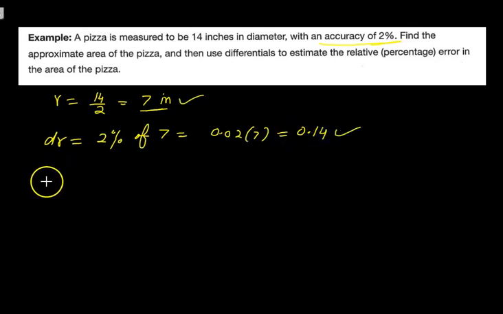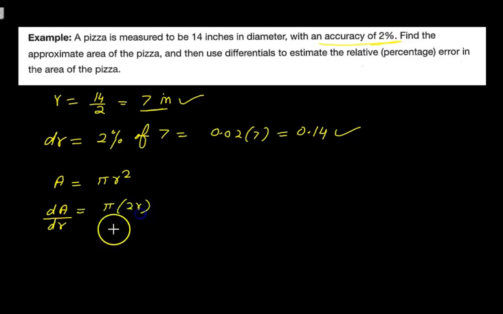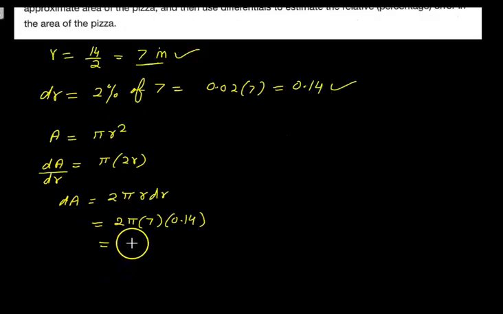Now we can find the change in area dA. For that, we are going to use the area formula of a circle, and now we are going to use differentials. We find the derivative of A with respect to r, so it's pi times 2r, and multiply by dr on the other side, which gives you 2 pi r dr. Now we plug in the values of r and dr, and we get the approximate value as 6.16,